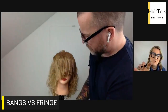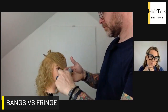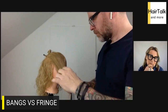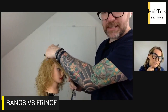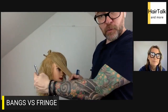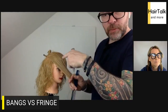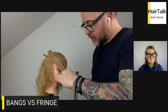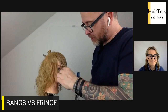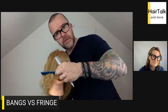And is that because when it's brushed into natural fall, it sits over the top of the rest? Yeah, it's a really good point. When you look, this hair here doesn't fall here, it falls towards the back. But knowing that, when we dry this off or cut this bit, you'll find that the fringe area at the front is quite long, but it'll have this curve. So let's do that whilst we're talking about it. So here's our fringe here. And if I just comb that down,